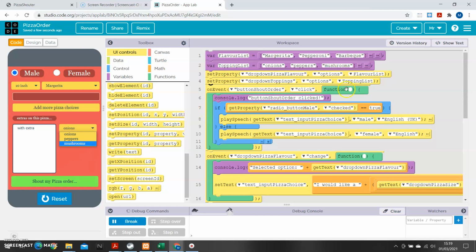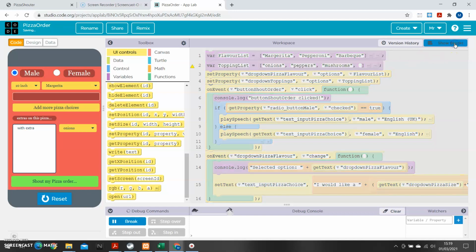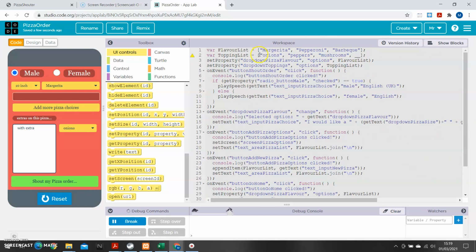Okay, so now that I've got that, I want to, when I change this, so here's a little trick that we'll need to have. We're going to add in one more option on here, and we really need to put it at the start of the list. So that's not letting us do that easily. So I'm going to click into Show Text, and I'm going to put choose your topping,